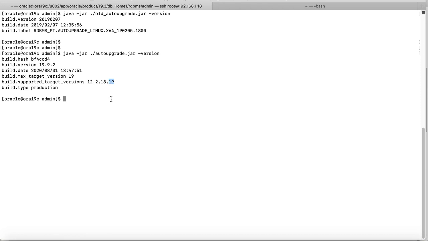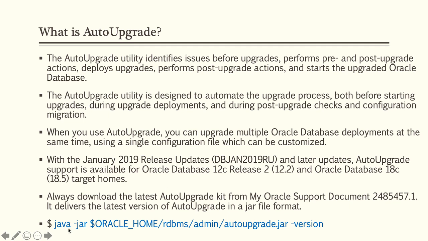However, in the demo that I am going to show you, I am going to upgrade all my older versions of the database, 11G, 12.1, 12.2 and 18C, four of them, in a single auto upgrade instance. Using a single auto upgrade instance, I am going to upgrade them to 19C as part of the demo coming up at the end of this session. You can use java -jar with the location of your autoupgrade.jar file to show the version.